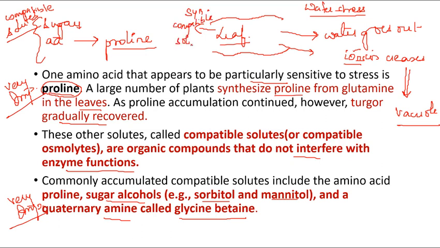So one way to combat the stress: they compartmentalize these ions, which increase in response to water stress. Because water is less, ions cannot move from one place to another, so the ions accumulate in the leaf. When accumulated, ions hamper many metabolic processes, so the plants accumulate these ions in the vacuole. Once they are in the vacuole and not in the cytoplasm, they cannot interfere with the metabolic processes.